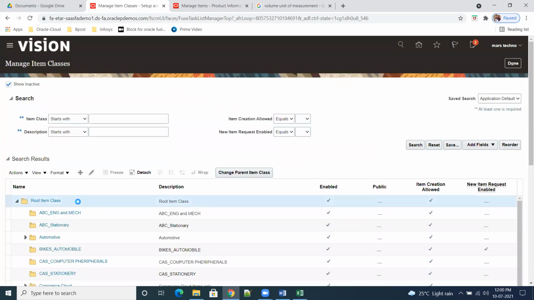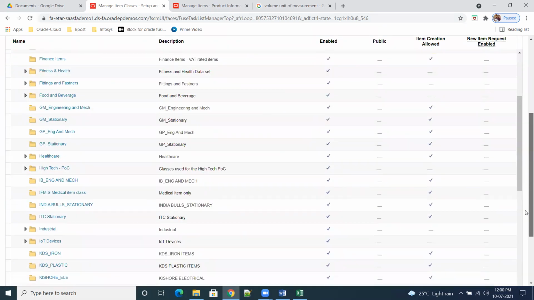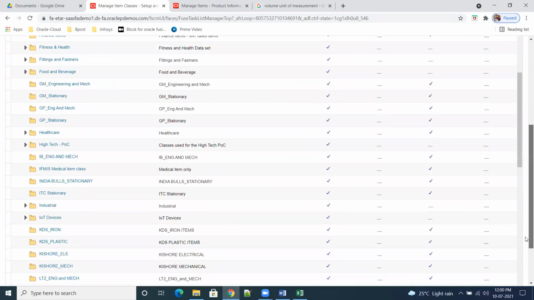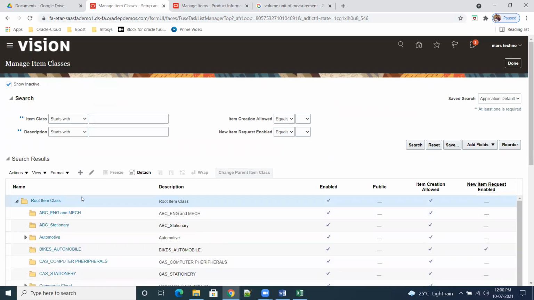See, under this root item, they have created ABC, stationery, bikes, computers, stationery, like that. Whichever you want, you can create, and then we can enable security, all kinds of stuff. Now it is very simple. Take this root item, click on plus.